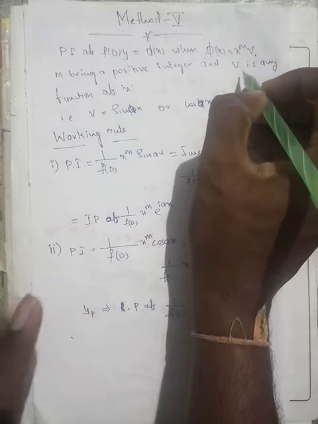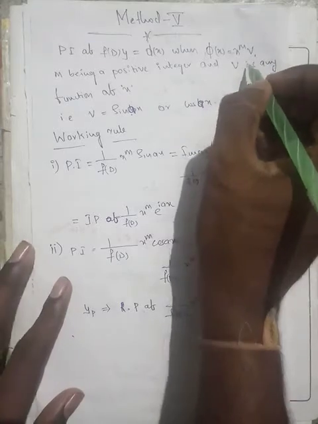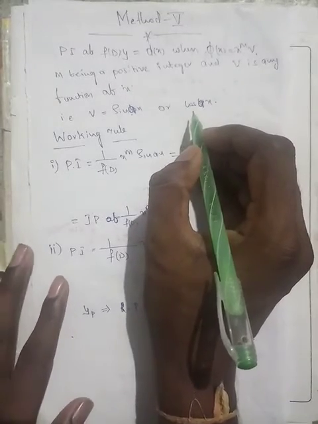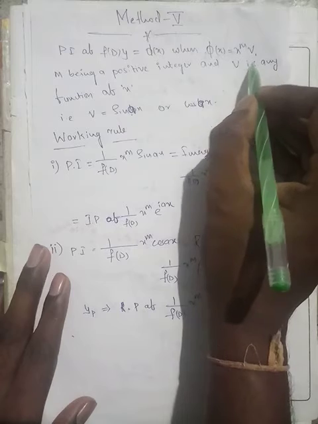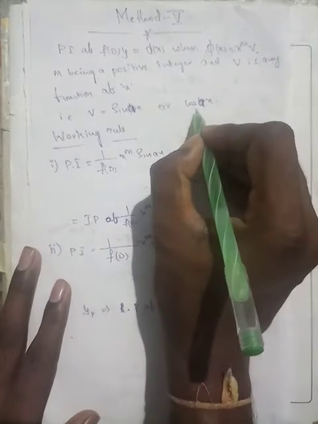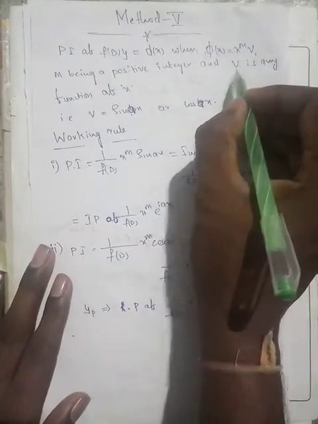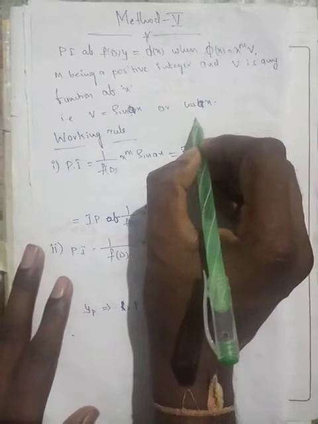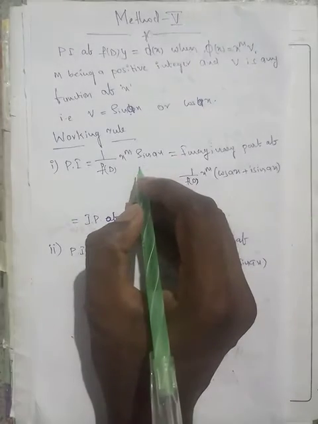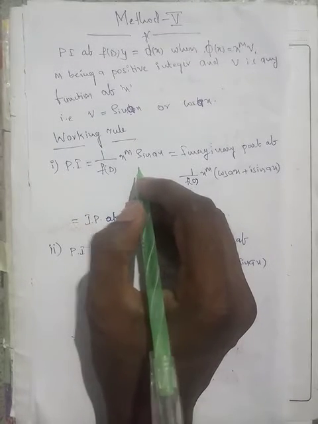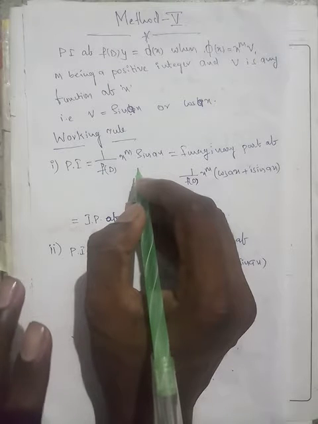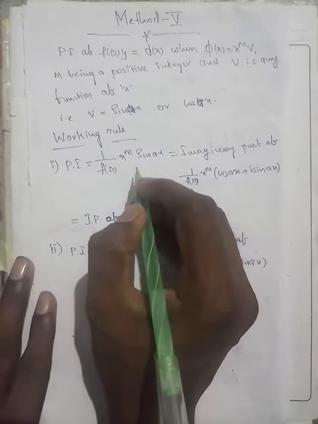V is either a cos function or a sine function. That means V should be sin ax or cos ax. So in these cases, how can we find the solution? Simple, nothing but